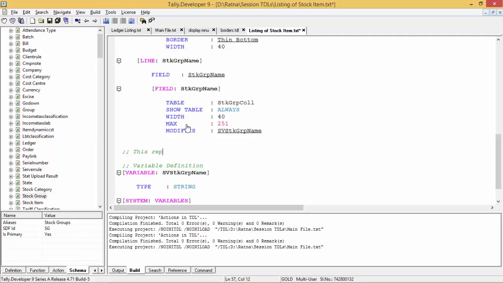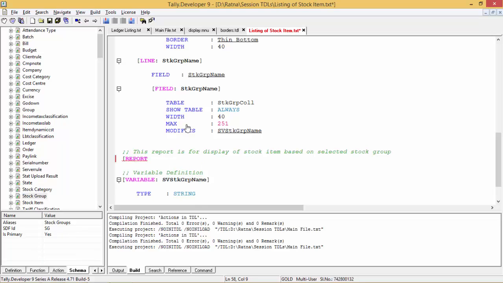The report is for display of stock item based on selected stock group. Report stock item. The report stock item list. Form stock item list, and we'll give the title TITLE list of stock item for